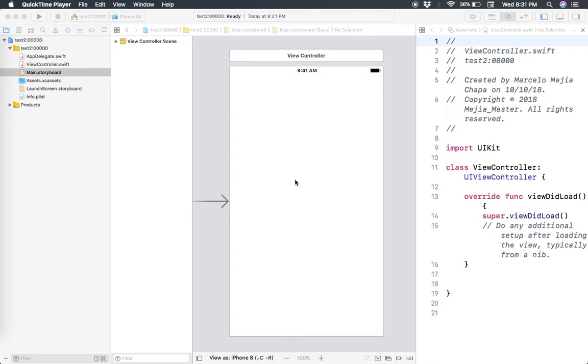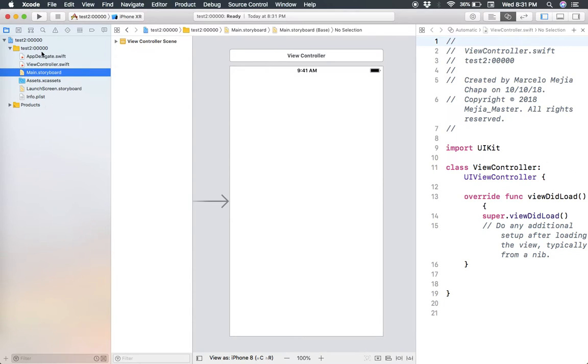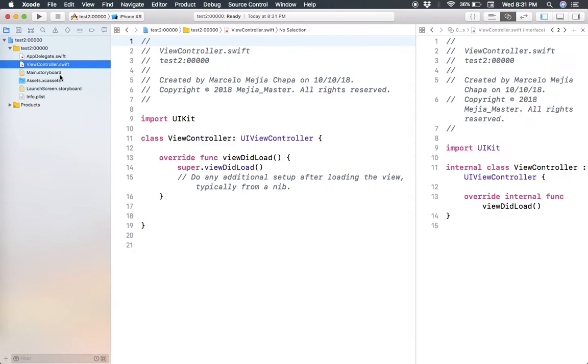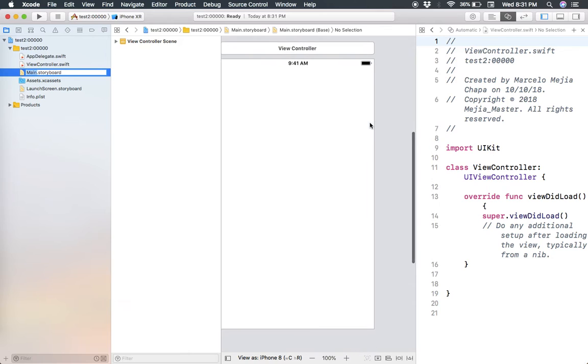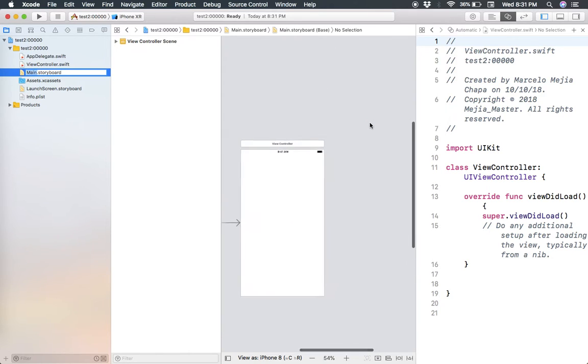Hi class, today we're going to look at creating two view controller codes. So we've been working on just one main.storyboard with one view controller. So if we go back to our files here, the main.storyboard is the visual component and the viewcontroller.swift is whatever code we have. So if we were to add another storyboard, another visual part of our program,